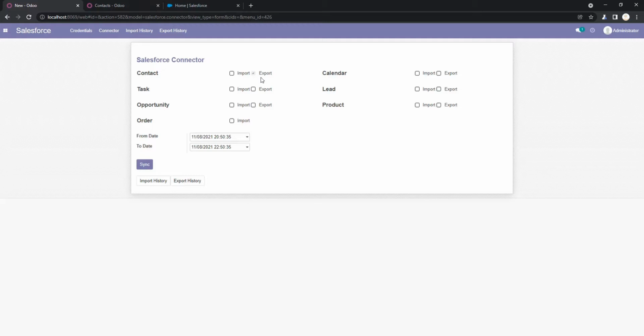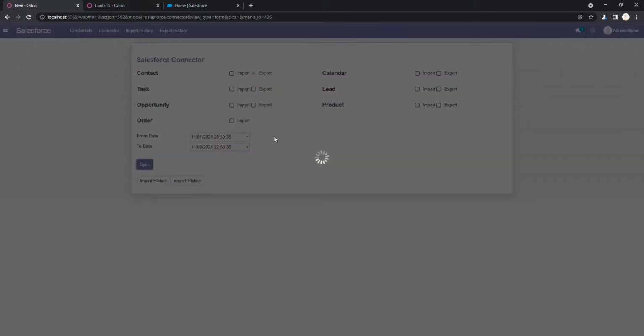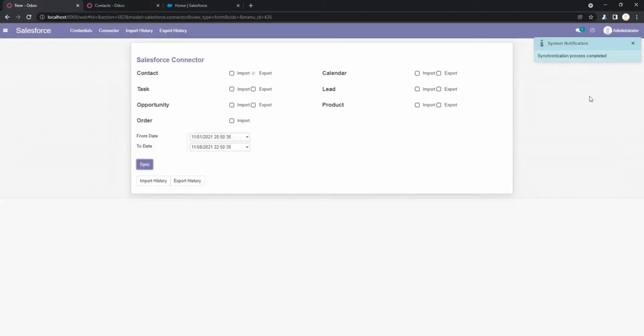So I select the operation option, adjust the datetime filter, and after the adjustment, just click the sync button. It will take a few seconds while the process performs all the actions. When the process is completed, there will be a system message notification here: synchronization process is completed.